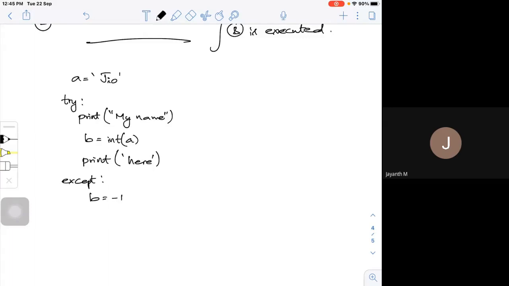So what does this actually mean? See, in this particular code, let us look at this code very neatly. Now look at this particular code, whatever I have now. What is geo? This is a string. Okay. Is it possible for me to convert that geo to an integer?